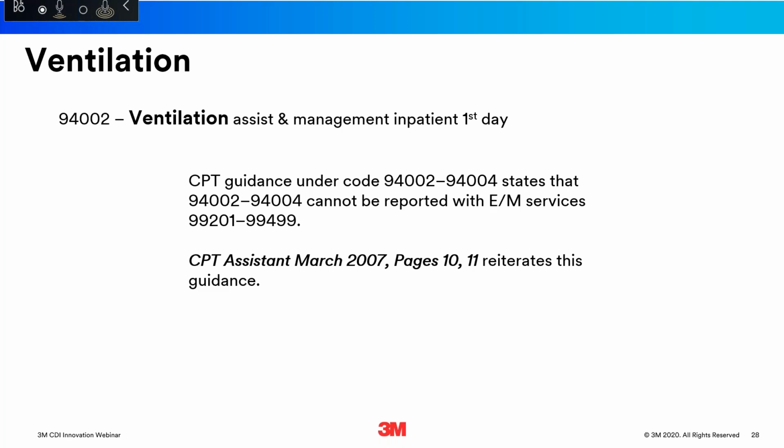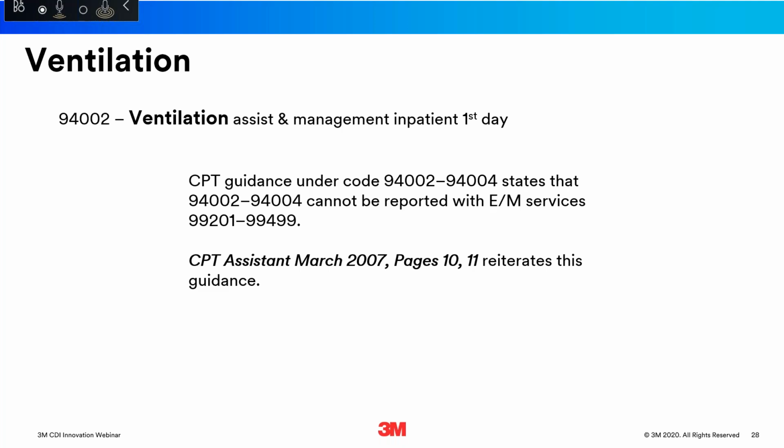that patient's going to expire in the ER, if they're going to get to go home, if they're going to get admitted to your facility, or if they're going to get transferred to another facility. They have no way of knowing at that time. So they're going to post that charge. CPT guidance tells us, if you look at the codes 94002 through 94004, below that it says that those services cannot be reported with E&M services in the range of 99201 through 99499,